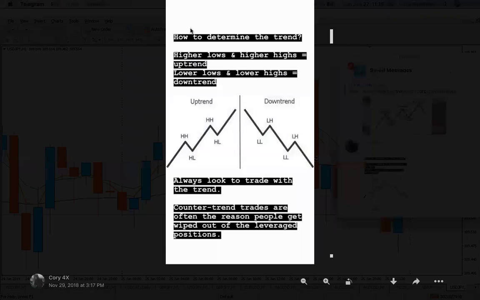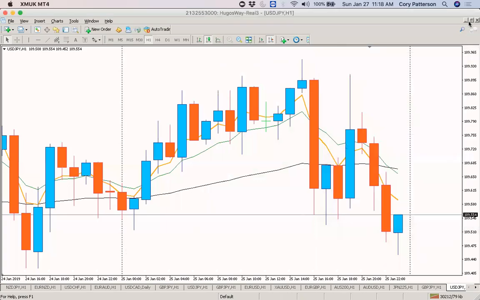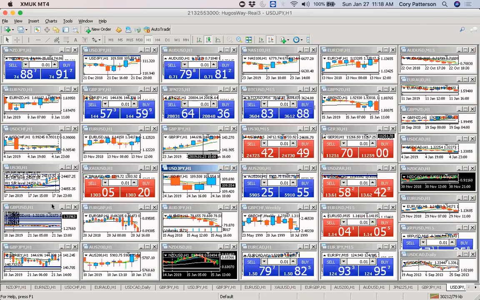So this determines where the trend is going. Like, you've got an uptrend: higher high, higher low, higher high, higher low. And if you're in a downtrend, you create a lower low, a lower high, a lower low, a lower high. And to see that on the market, a good pair to look at right now is